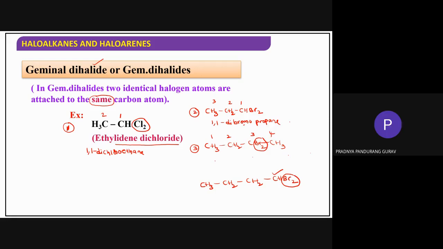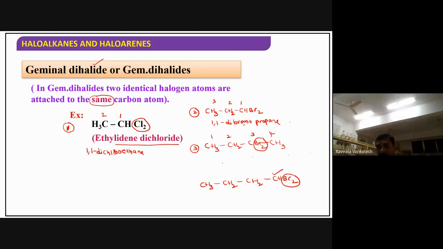No. See, if you are giving numbers, the numbering must get the lowest number. So this is the wrong way of giving numbers. So we have to give from the direction in which the substituent is getting the lowest number. So it is getting the lowest number here. Here it is getting the highest number. So this is the wrong one. So the substituent should get the lowest number. This also you need to remember. So what we have to call? 2,2 dibromobutane it is. This one you already know. What is the nomenclature for this one?